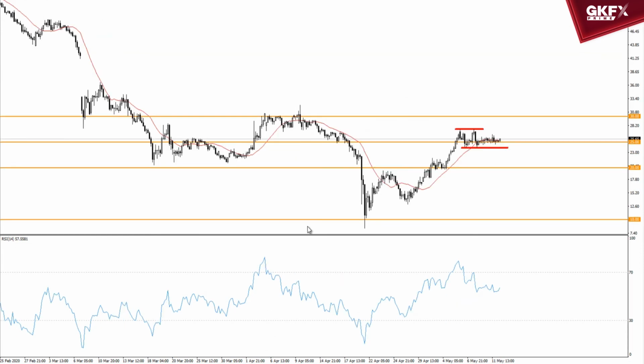Right, here's WTI crude, and this is still a bearish market for my money, but we're consolidating around 25 at the moment. It looks like there's a potential for another little push to the top side, maybe test those highs at 30. We're still about a week and a half away from when those crude oil contracts expire, and if you remember last week, it was on that expiry day of WTI crude that we're looking at now that caused the price to go negative.